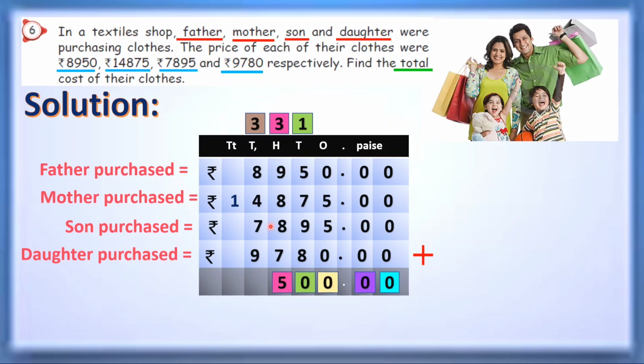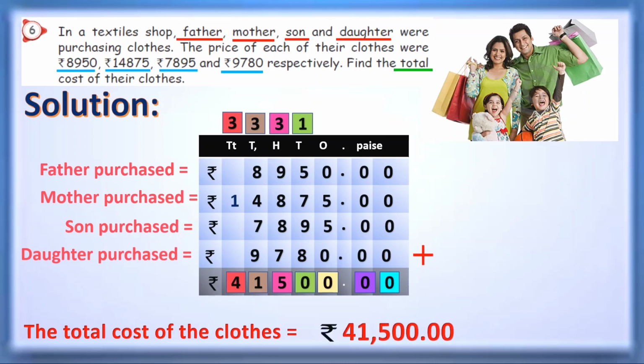Here also let us connect here. So 3 plus 7, 10. 10 plus 9, 19. Then 19, 20, 27, 31. So 1 should become here and 3 above. Let us add 3 and 1. We get 4. So mention that rupees symbol. Finally, this is the answer, ma. The total cost of the cloth is equal to rupees 41,500. Is it clear? So get will practice.